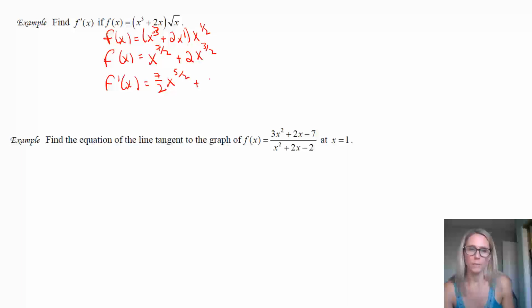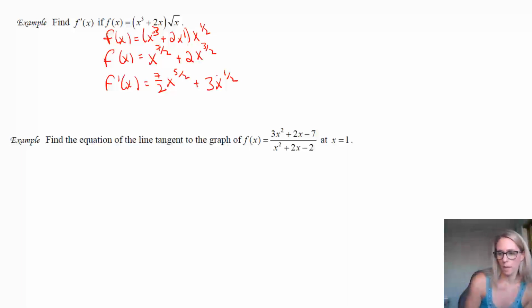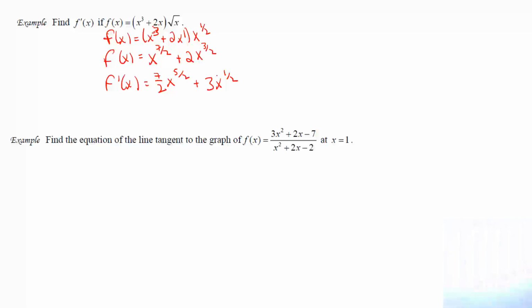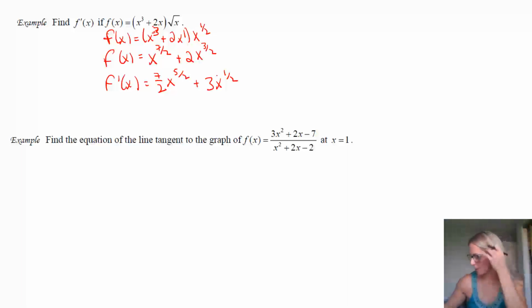So when we do 3/2 times 2, we're just going to get 3x minus 1 to the 1/2. So here's our derivative with that, and it's great. But you could use the product rule. You're just going to make your life a bit harder when you use the product rule. So just know that it's possible, but you will make your life a little bit harder.